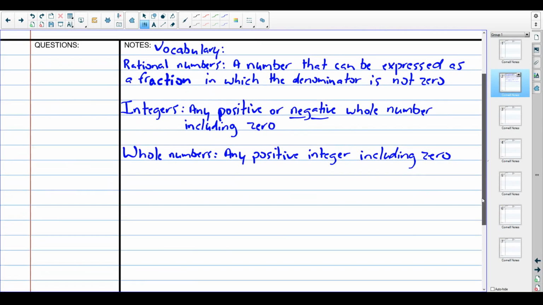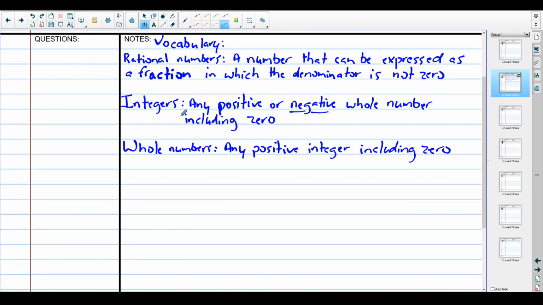And then our fourth set, which is the very first set you ever learned, which are your natural numbers. This keeps resetting itself. Natural numbers. And these are also referred to as counting numbers because we can count them. Oh, it even says that. Oops, I gave away the spoiler. So any positive integer,